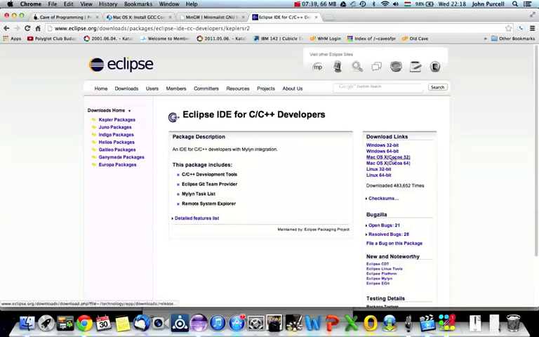So once you've done that, then you'll have everything you need to get started with developing C++ programs. And in the next tutorial, we're going to look at